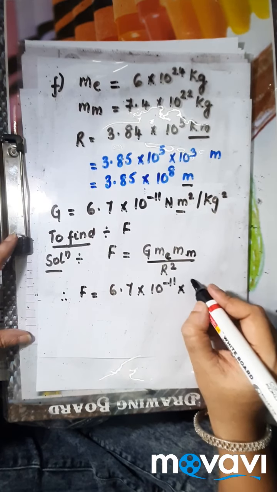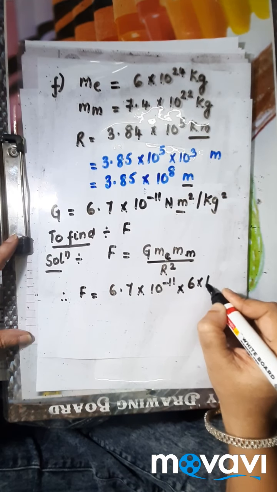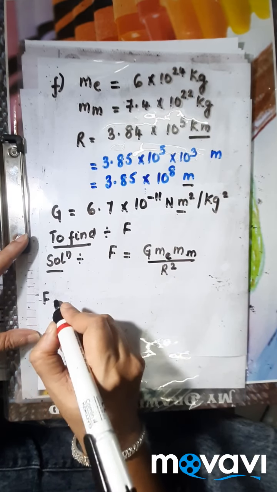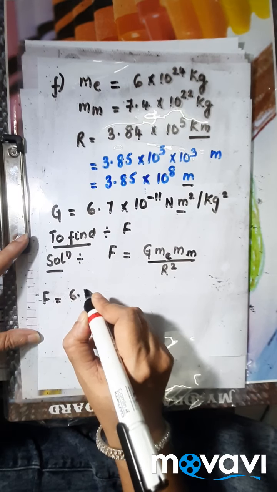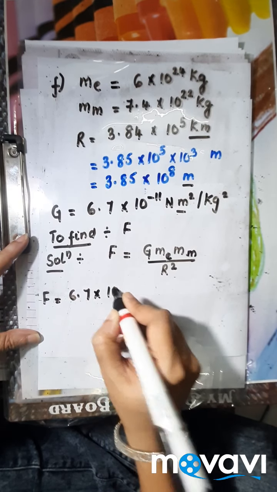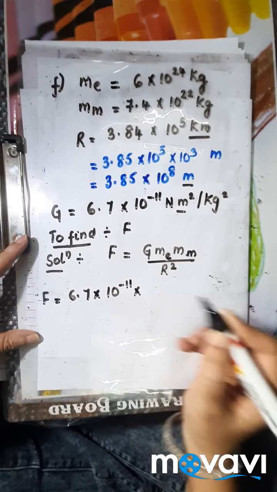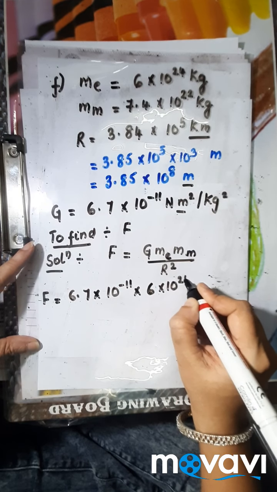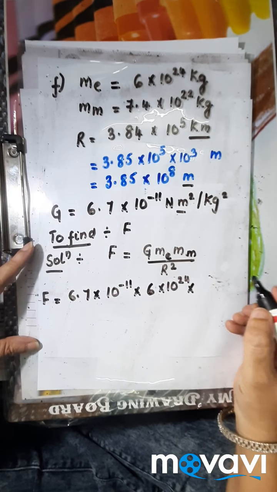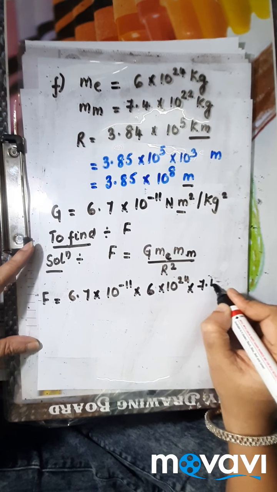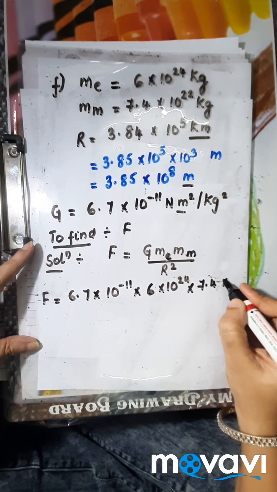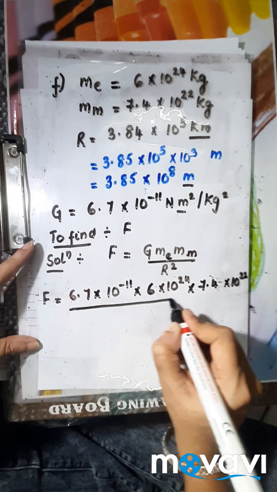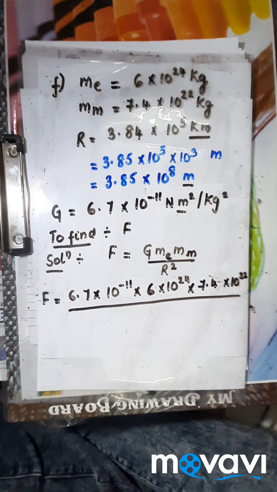So what is the mass of the earth? 6 into 10 raised to 24, multiplied by mass of the moon, 7.4 multiplied by 10 raised to 22, upon r square,